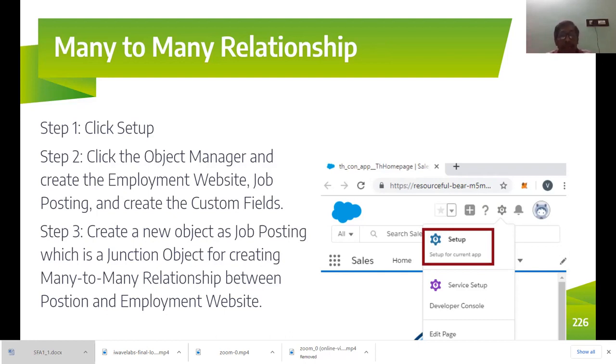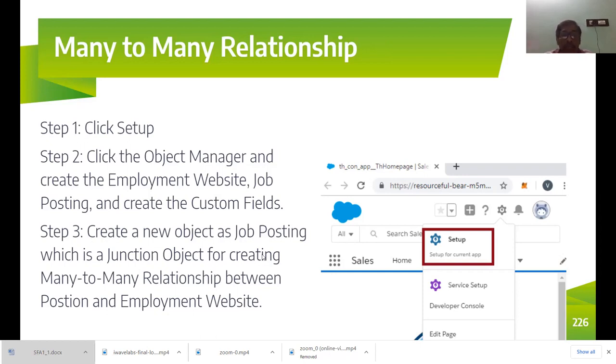The second step: after the first step, you click on setup and create these objects, and then create a new object, job posting, which is a junction object for creating a many-to-many relationship between position and employment website. So the job posting object is going to act as a junction object between position and employment website.